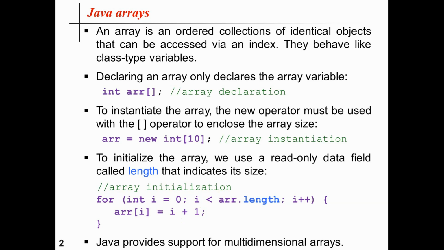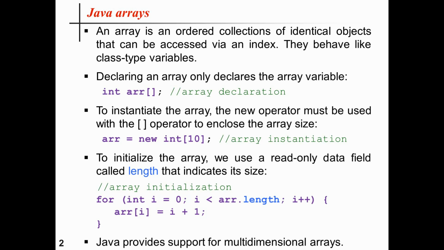So array declaration, instantiation, and finally array initialization. Though some of the steps may be combined in a Java program, that you will see in the program demonstration part. Now apart from the one dimensional array that I have talked about till now, you can also work with multi-dimensional arrays like two-dimensional arrays and three-dimensional arrays, and that concept is supported by Java. So that is all about theory.